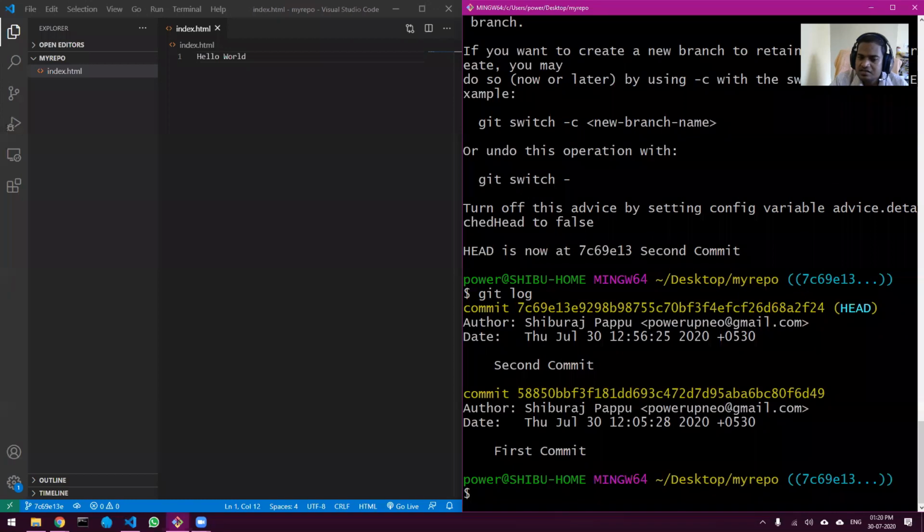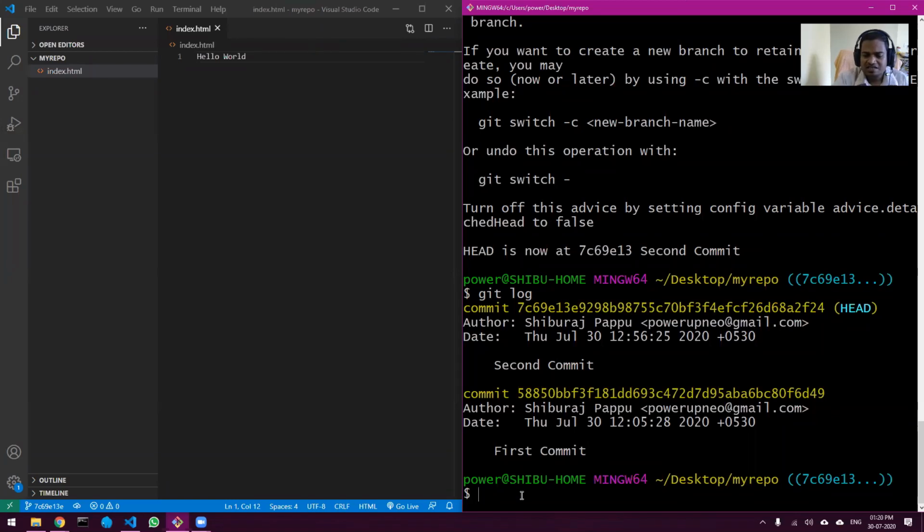Where is the third commit? Where is the fourth commit? So where are all the commits? My third commit and the fourth commit are gone, right? Right now I can see only the first commit and the second commit. That is because by default, git log will show you only the commits from the beginning till the place where you have checked out. It will not show the remaining ones.